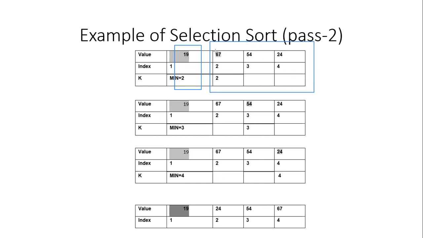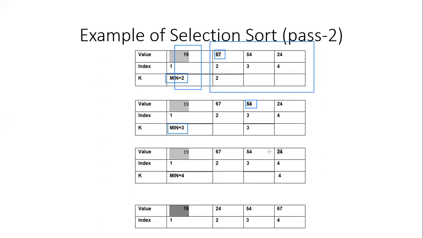So 67 becomes our first number in the list, which by default we assume to be the smallest number. That is why the value of minimum is equal to 2. Now check the value of the third element in the list and compare it with 67. 54 is smaller than 67, and hence the new minimum becomes 3.